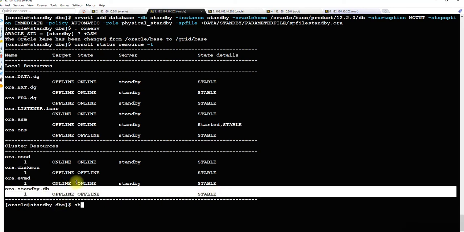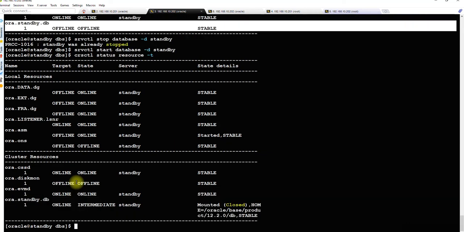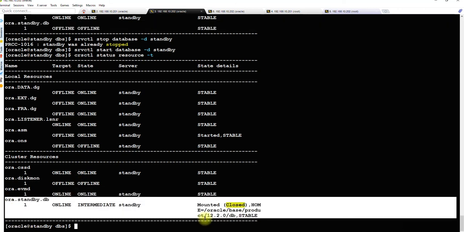What we will do, we will use srvctl stop database -d standby, and we will start it. It will start in mount state. See this? Good. So everything looks fine.